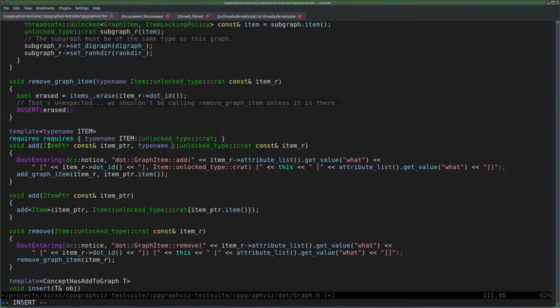What? What is an item pointer? Huh? No, no, no.